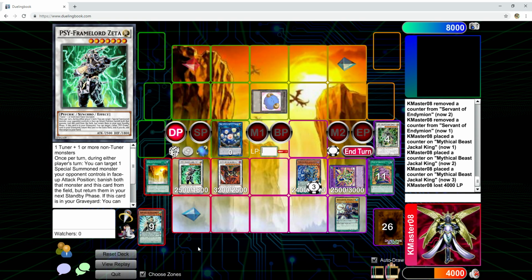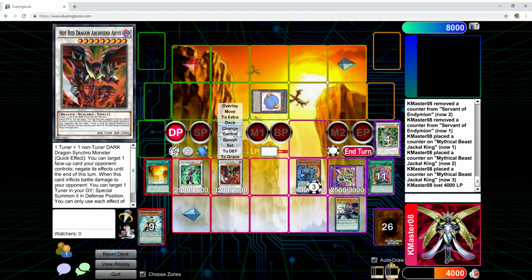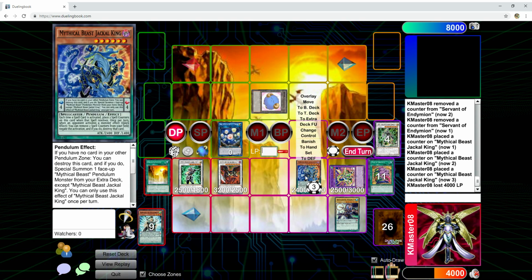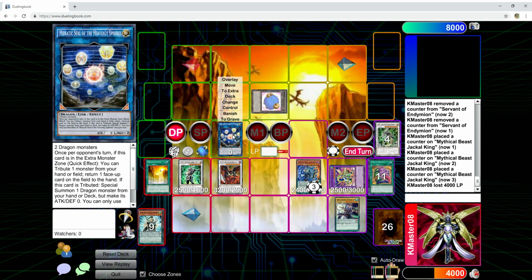Now, the cool thing about this field, we have used Cyframe Lord Omega's effect, so we have banished a card from our opponent's hand. We have two hard negates in Vortex Dragon and Hot Red Dragon Archfiend Abyss. We have a monster negate. We have a card that banishes a special summoned monster from the opponent in attack position, like any Link monster, basically. And we also have our Heretic Seal of the Heavenly Spheres, which is just really good